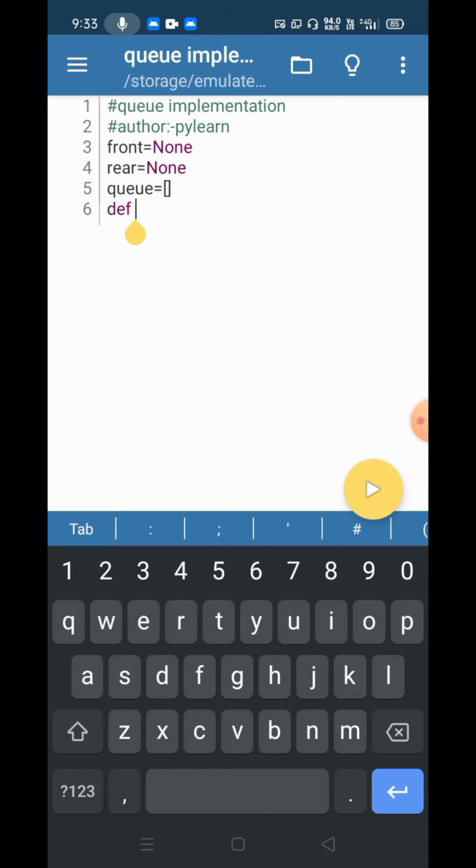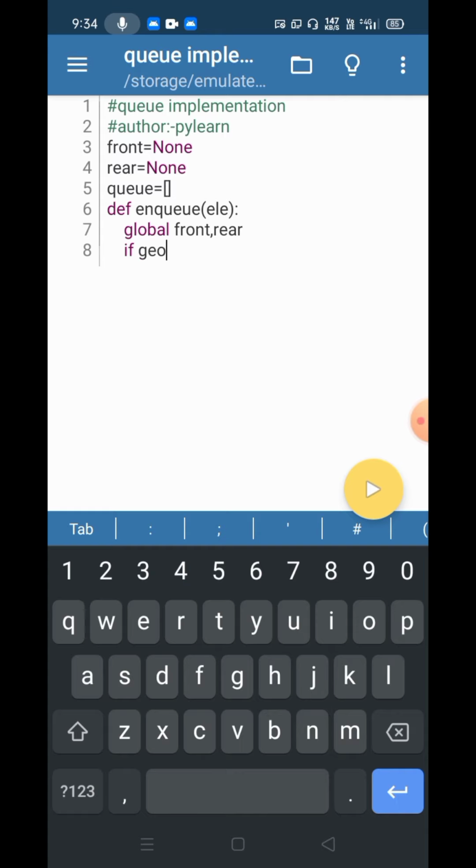So let me first write a function called enqueue. For enqueue we should take an element. Now we are going to declare front and rear global. Now we are going to check the conditions.